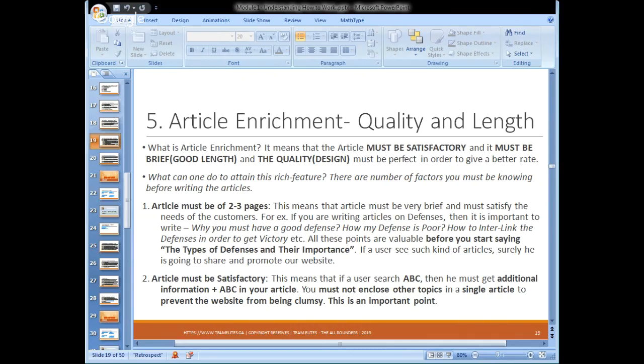Everything is in your eyes. You can see it on your computer, or you can say mobile phone. That is for what words? Okay, it should be of good length. Okay, that's good for the brief. Your article must be brief, so good length. Okay, so please explain what is the quality.